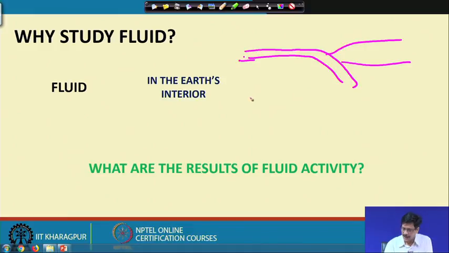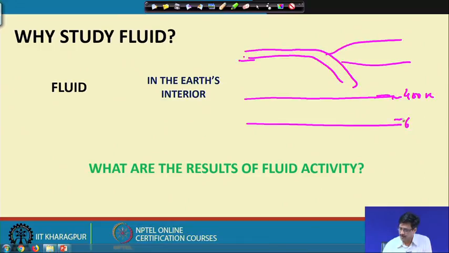this is the lithosphere and this is the asthenosphere, which goes up to about 400 kilometers, and we do have about 600 kilometers, which is the transition zone, and then the lower mantle. What is believed is that possibly the earth's core is devoid of water, maybe because during the process in which this core formed from the solar nebula,